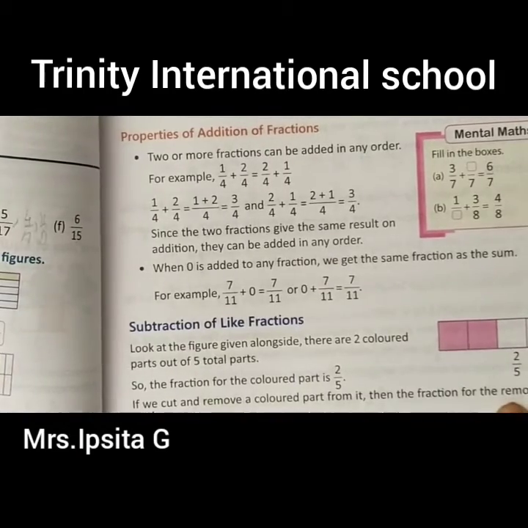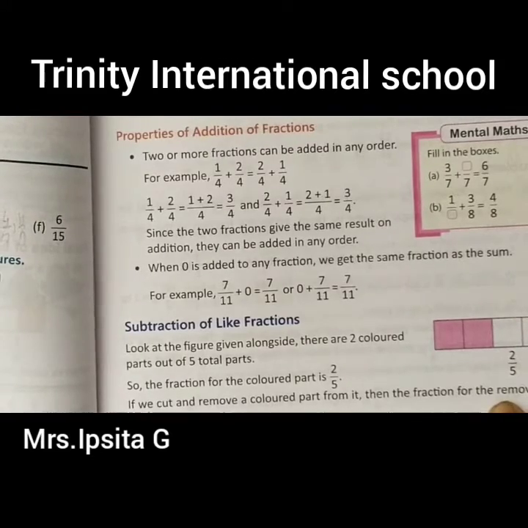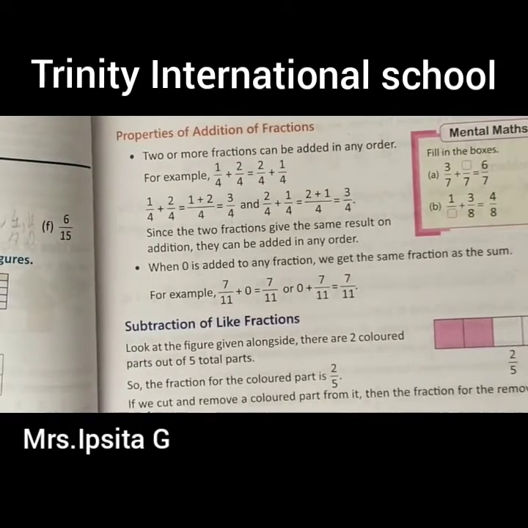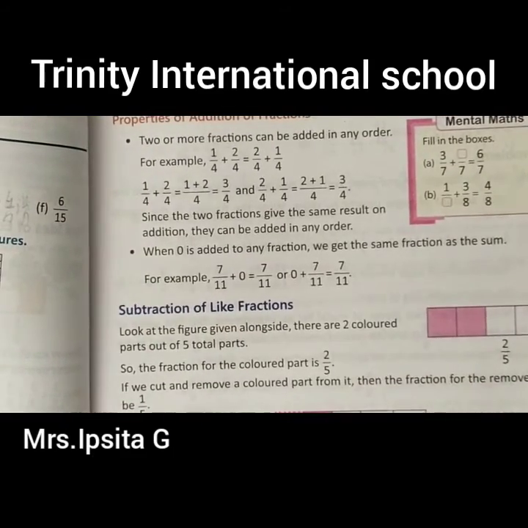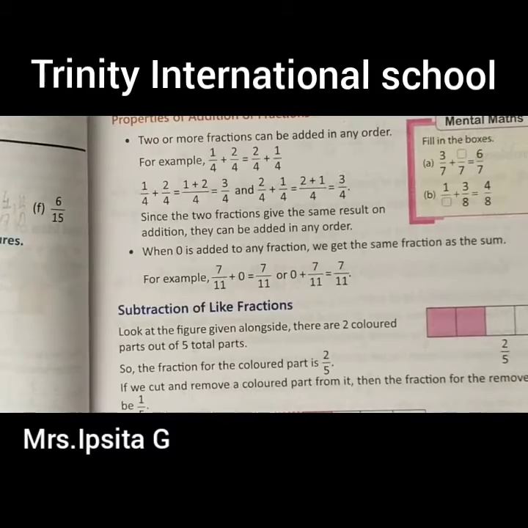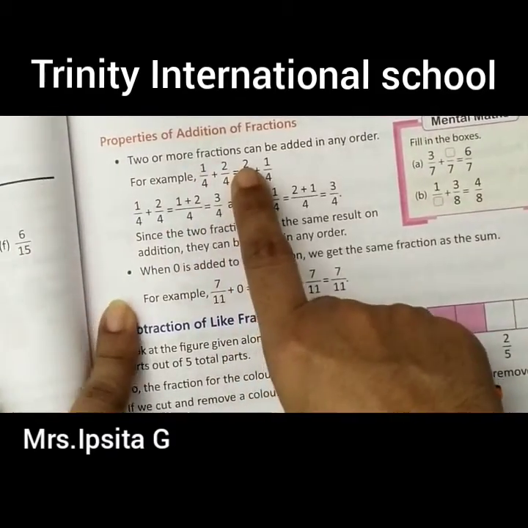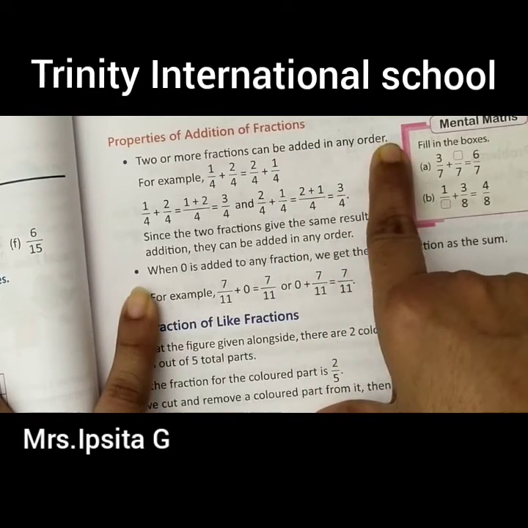Now as you have seen the questions on addition of fraction, now you need to also know about the properties of addition. इसमें क्या करते हैं हम कि हमारे पास कुछ रूल होते हैं जिसे हमको फॉलो करना पड़ता है. तो आप देखिए यहाँ पर क्या लिखा है. First property is, 2 or more fractions can be added in any order. तो any order में